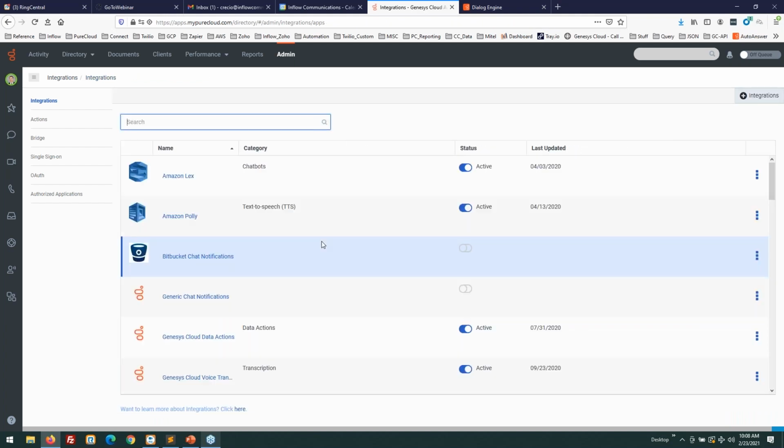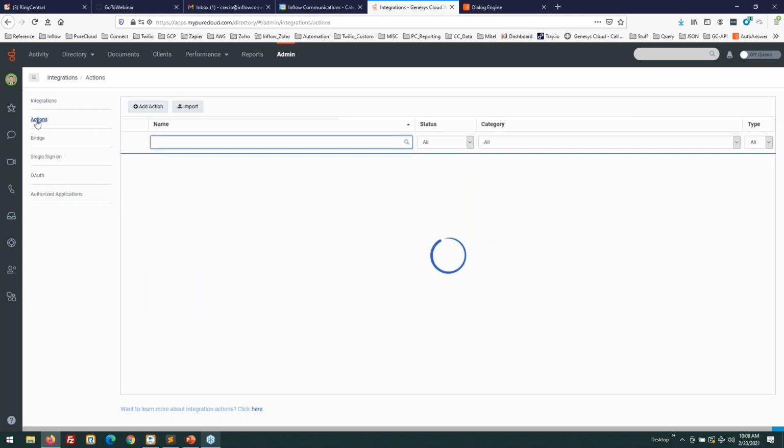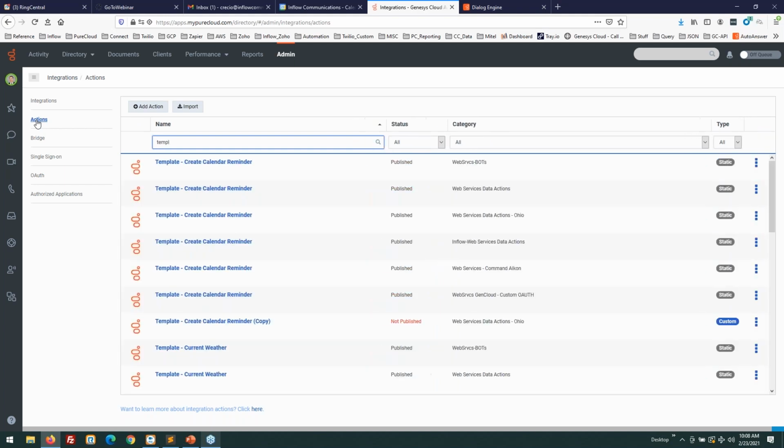And I won't be saving that for today's presentation, but what happens when you add an integration, and I think this is critical to understand: when you add an integration, actions on the left are automatically created as part of the integration. I point this out because many times when you're looking to create an integration, you need a starting point. And this is where Genesys excels.